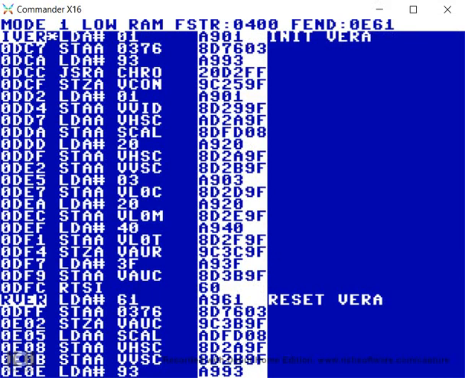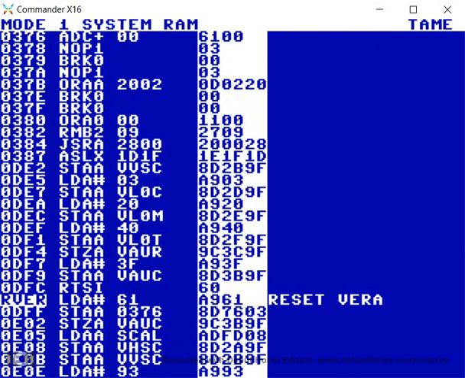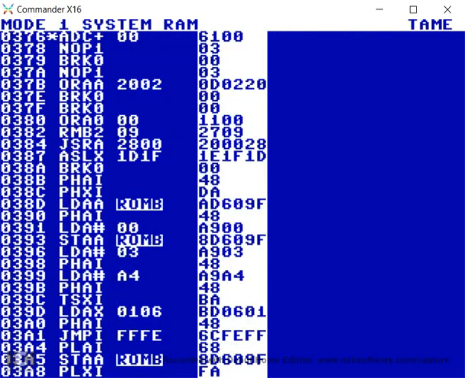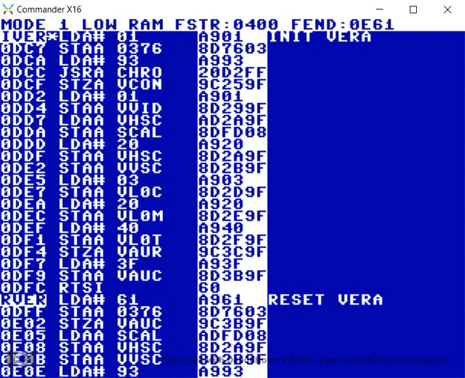So if we go to 0376 right now, you can see that it is set to 6.1. So that's white characters on a blue background. So we'll set it to white characters on a black background, or rather color index 0 on a background index of 0, which is black. So next we clear the layer 1 image, we're just loading the clear screen character and sending it to the kernel